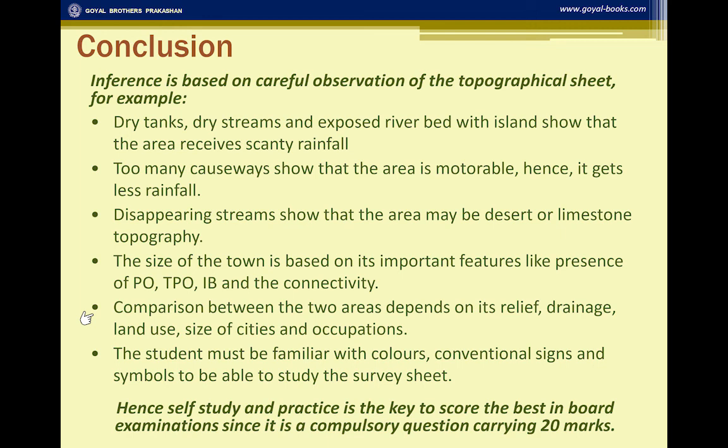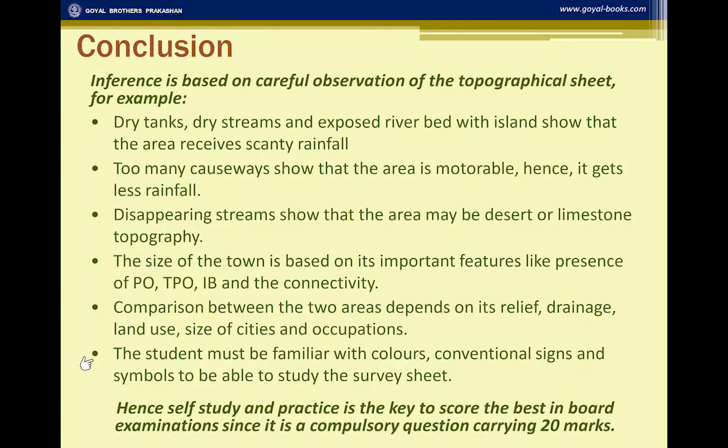If the north is hilly with very little perennial water, yellow land is shown, and the green part means the area is hilly with a lot of forest, so forestry is the occupation. In the south, if it is a desert area with disappearing streams, no water, no cultivation possible, and a lot of white patches, that means the area is uncultivable and dry.